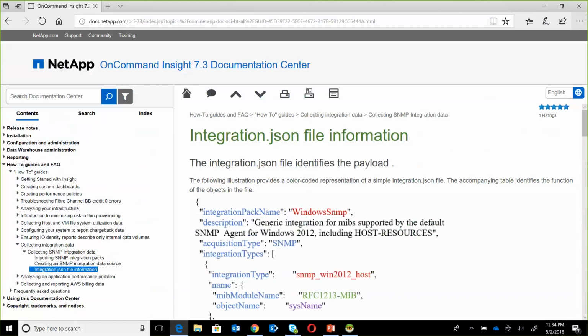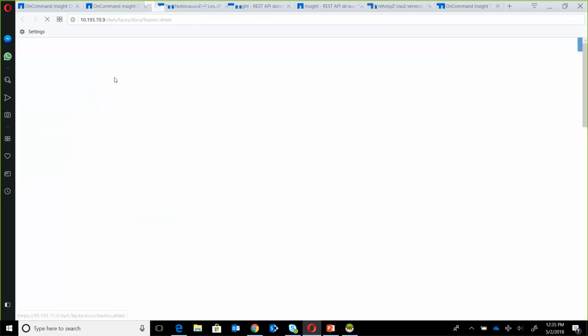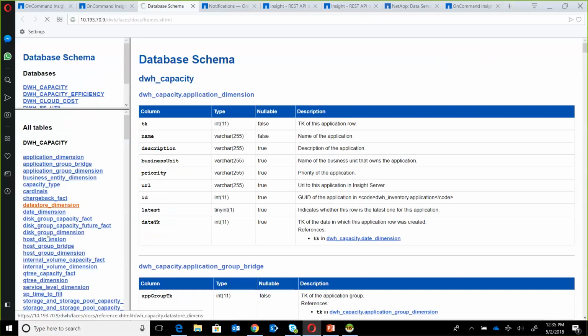Now, that being said, let's go back here to continue anyways. The data warehouse, because as I just mentioned, if you want to construct direct queries and things of that nature, you're going to have to understand how those tables are laid out. You can use HeidiSQL to go explore it, but that's not going to tell you the actual relationships between the various objects. And once again, that documentation, in this particular case, I am now looking at the data warehouse, is in the help section. It says schema help. And if we select that, we can see the schemas, see the schema tables, and we can pull this stuff up, and it'll give a description of what it is. But as important as that is,